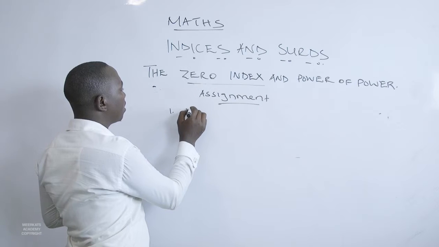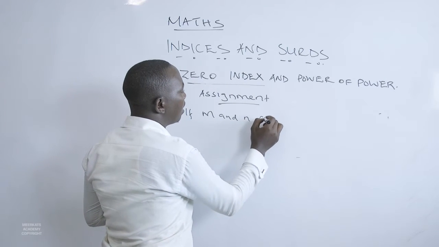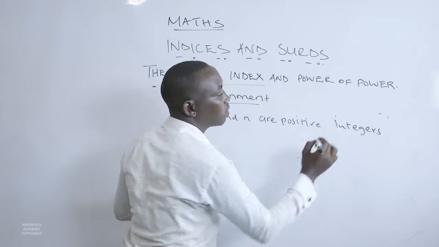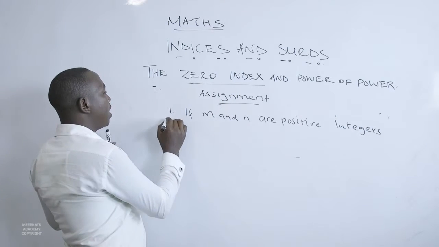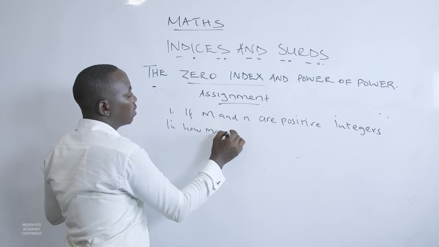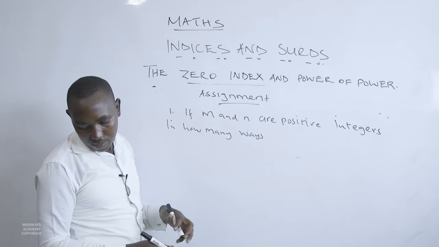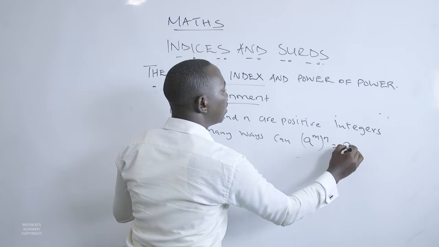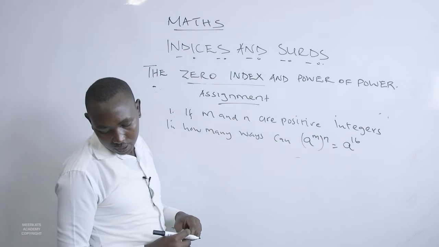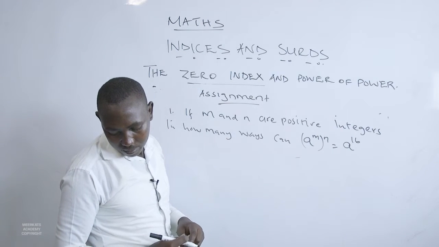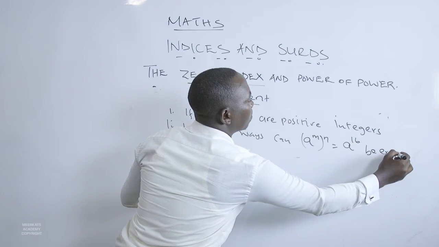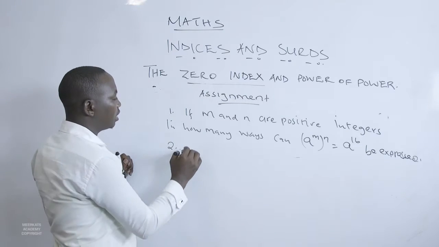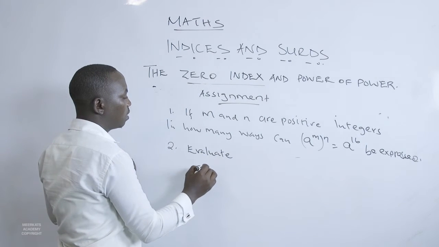Number 1, if m and n are positive integers, in how many ways can a raised to m raised to n is equal to a raised to 16 be expressed? Number 2, evaluate